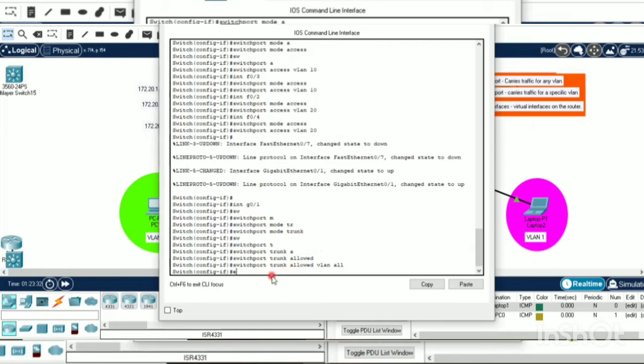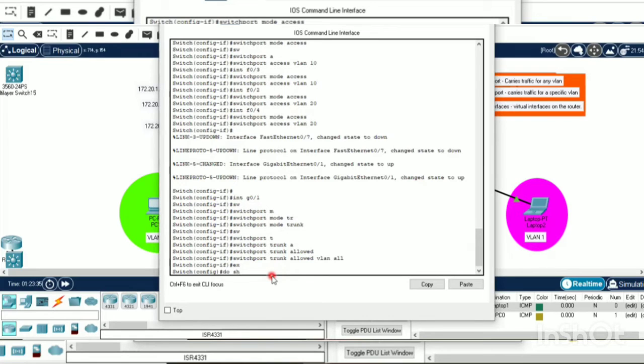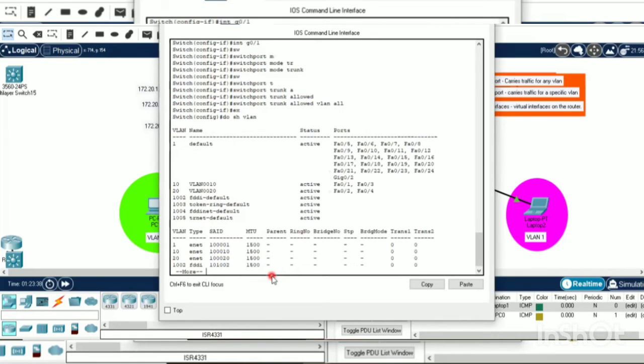Okay. Now let me show you the VLAN database. Here you can see the default VLAN, with ports 0/5, 6, 7, 8. Here 0/5 is in the default VLAN, because we didn't configure VLAN 1, but by default all the ports belong to VLAN 1. Then VLAN 10 has 0/1 and 0/3. Then VLAN 20 is active.